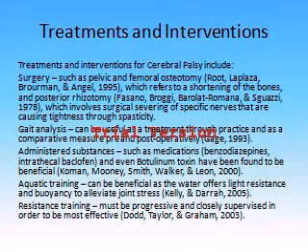Treatments and interventions for cerebral palsy include surgery, gait analysis, administered substances, aquatic training, and resistance training. Surgery, such as pelvic and femoral osteotomy, which refers to a shortening of bones, and posterior rhizotomy, which involves surgical severing of specific nerves that are causing tightness through spasticity. Gait analysis can be useful as a treatment through practice and as a comparative measure pre- and post-operatively.